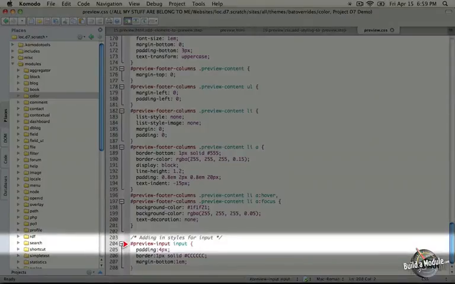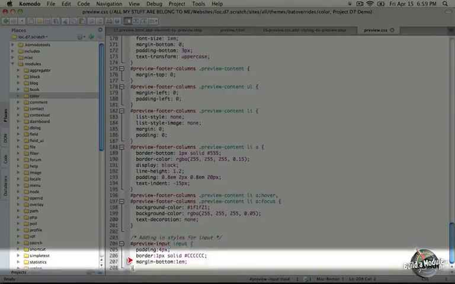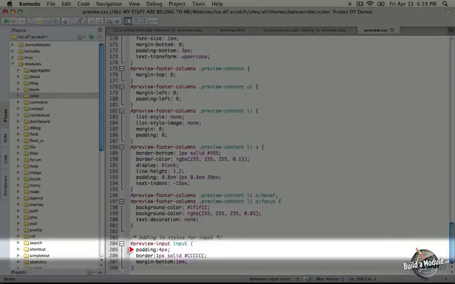Notice that we're using the preview input ID as a selector and then selecting the input inside of that. We're giving it some padding, a border, and some margin. And these were influenced by the Bartik theme by using Firebug to investigate how an input is styled and then applying the ones that were most visible into this section here.